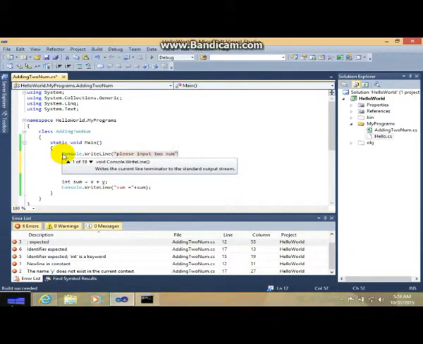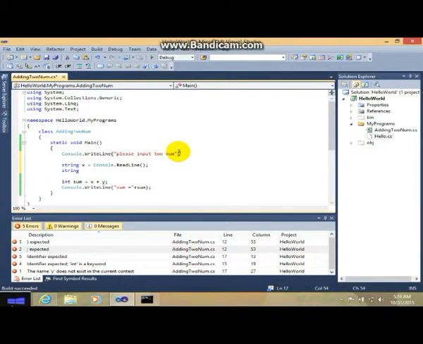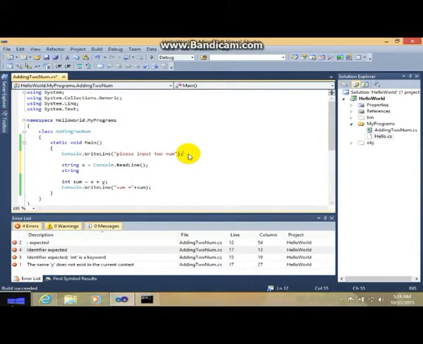Don't forget the quotation marks on both sides, the close parenthesis, and the semicolon. C# is so sensitive, so make sure you didn't misspell anything. And put a string y for the second number for the user to input.